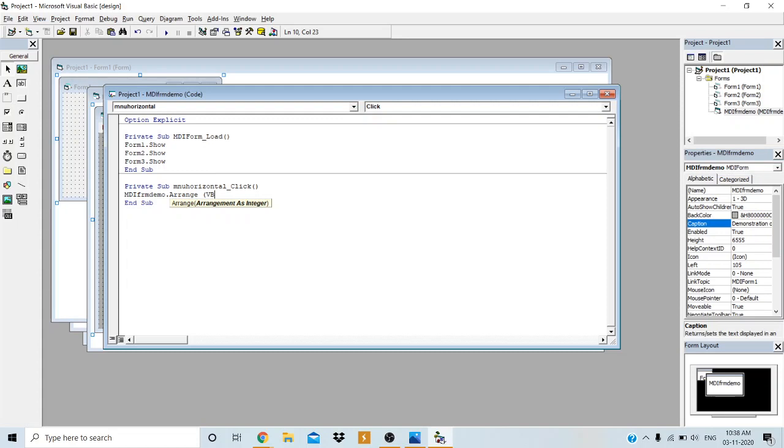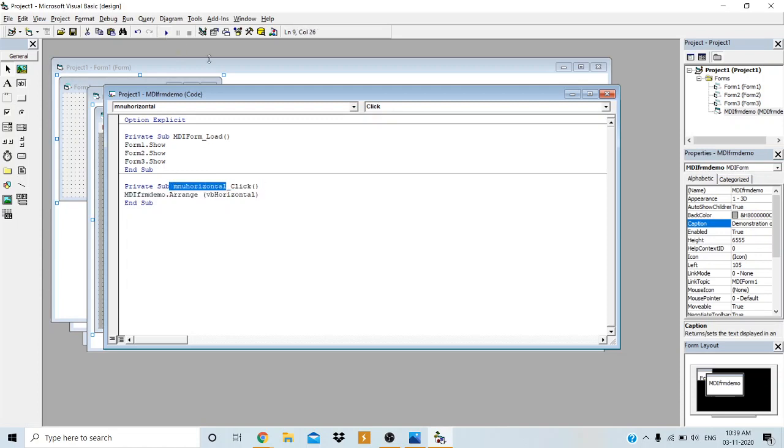Horizontal. vbHorizontal is the statement. It is a constant. So MDI form demo is the name of the MDI form, dot arrange is the method, and we provide the argument as the value, vbHorizontal.